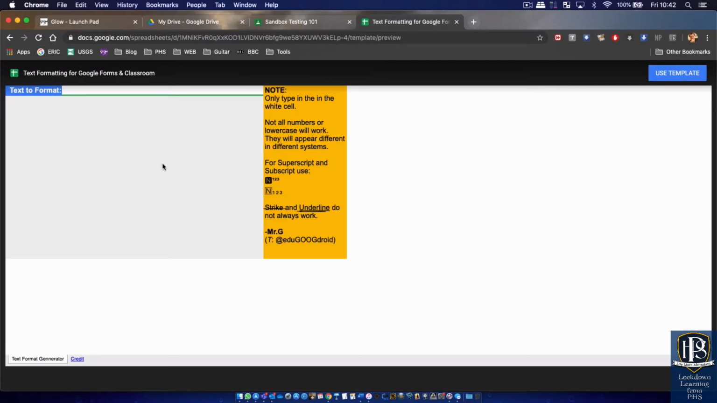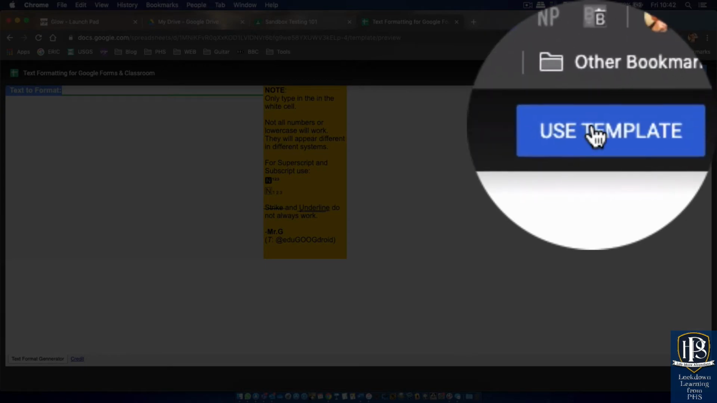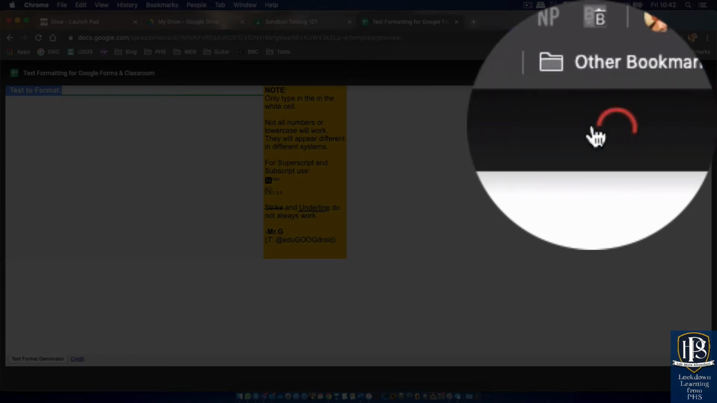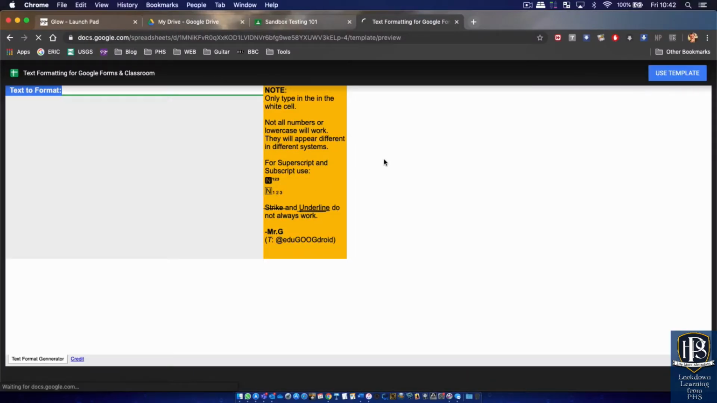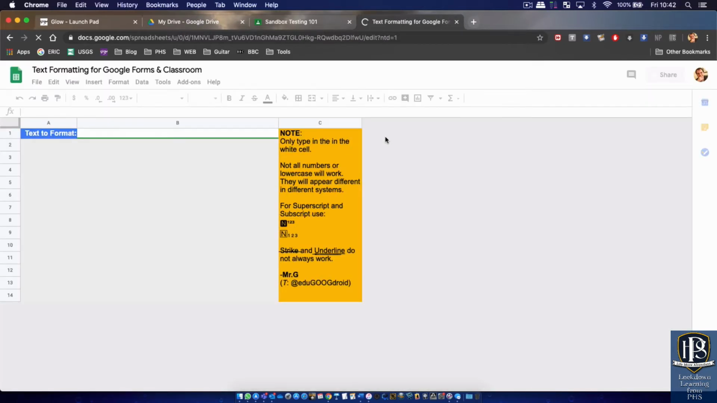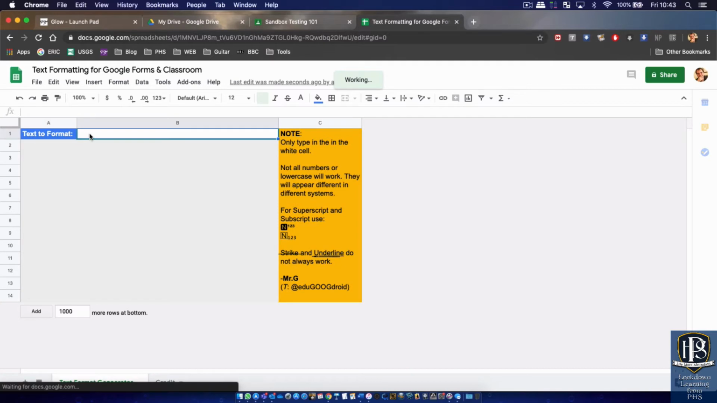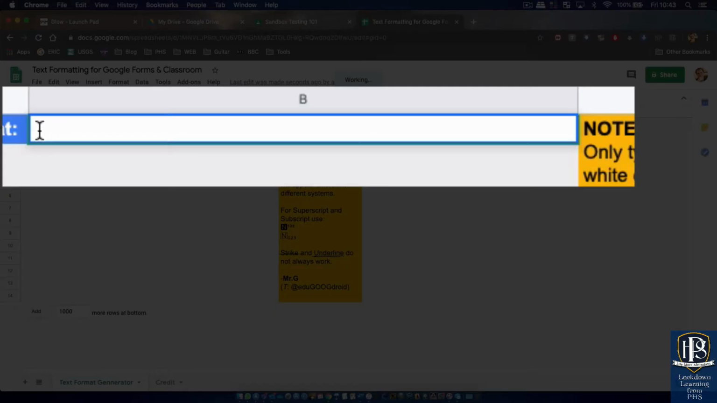At first it doesn't actually do anything, so you need to use the template. Click on the top right, use template. Now, it's very, very straightforward. It's a spreadsheet specifically for this, and what it does is, you click text to format, and I double clicked in there to make this box live, and I type